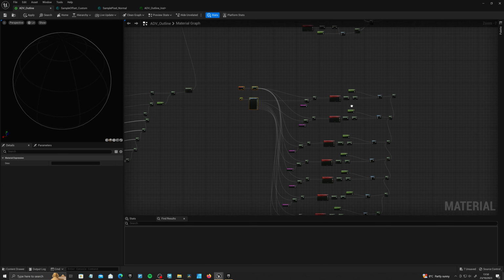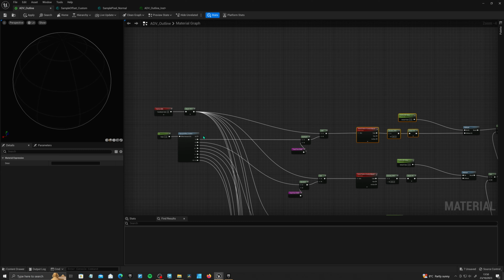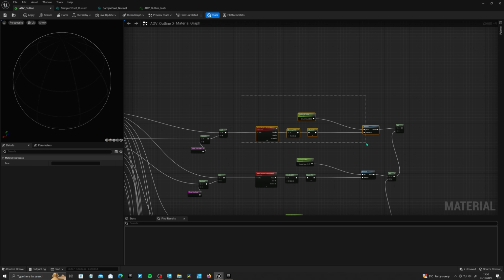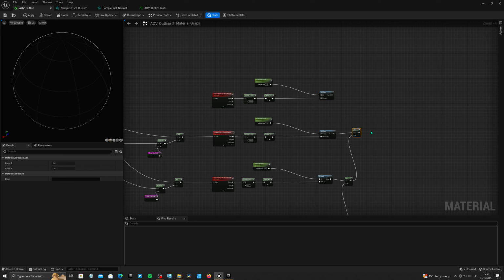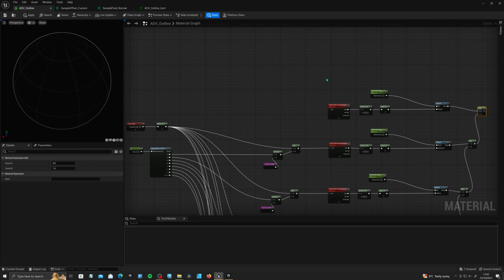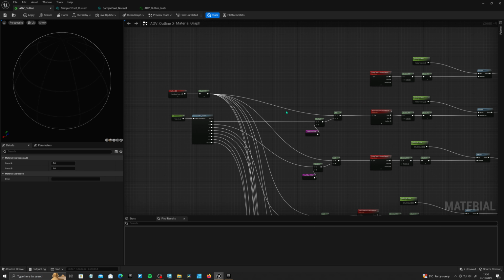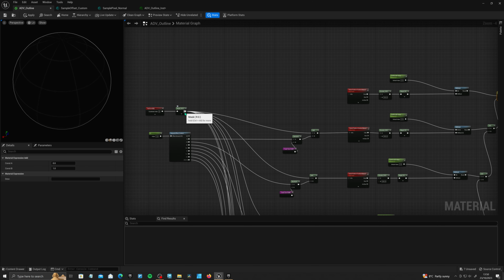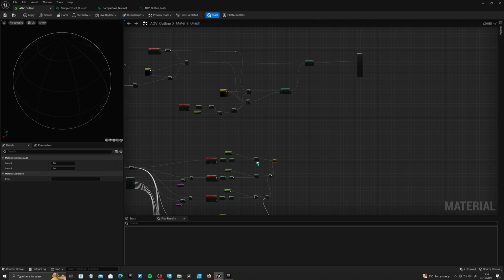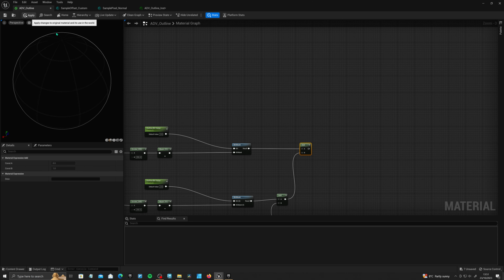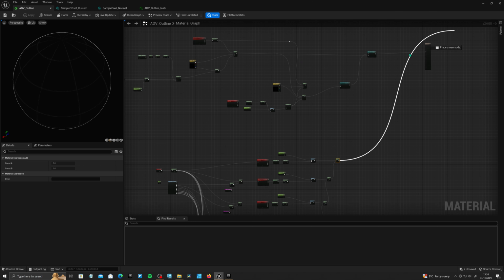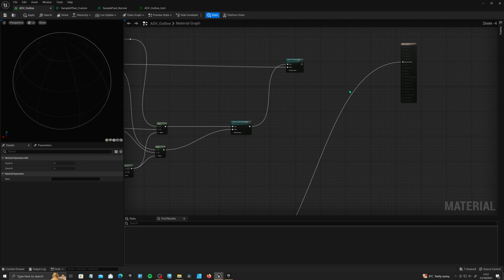Cool. And the last one that we need to add is actually the 0 position. So if we duplicate one of these guys up here, create another add, like this, and the 0 position doesn't actually need any of this offset kind of stuff. So if we just directly connect this texture coordinate to there, that should be us. Cool. If we apply and save, we should be good to go. So if we drag this guy up here and connect it directly to the output for now, just to test this out, we apply and save,